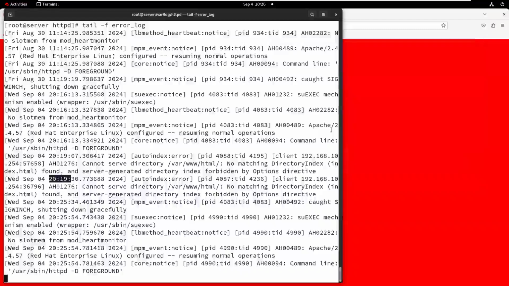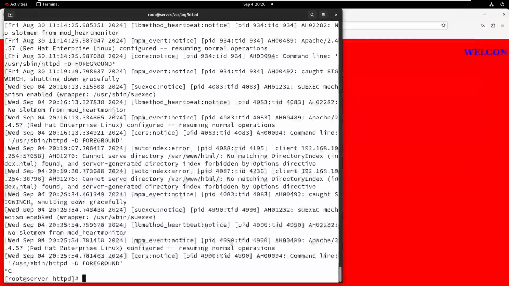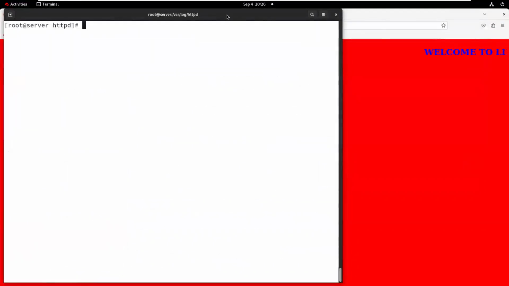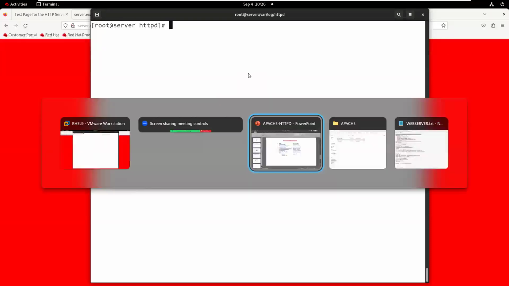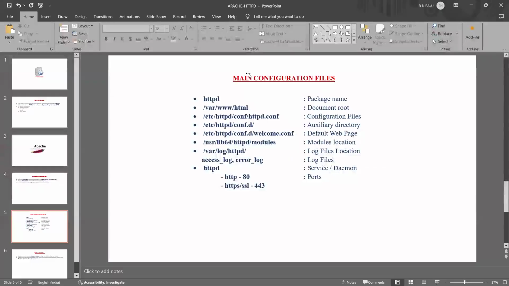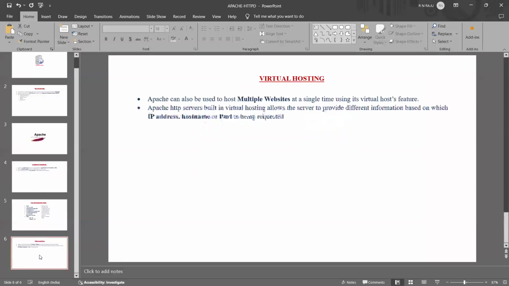Now let me close this. The next important thing: the web server supports virtual hosting. So what is meant by virtual hosting? Apache can be used to host multiple websites at a single time using its virtual host feature.